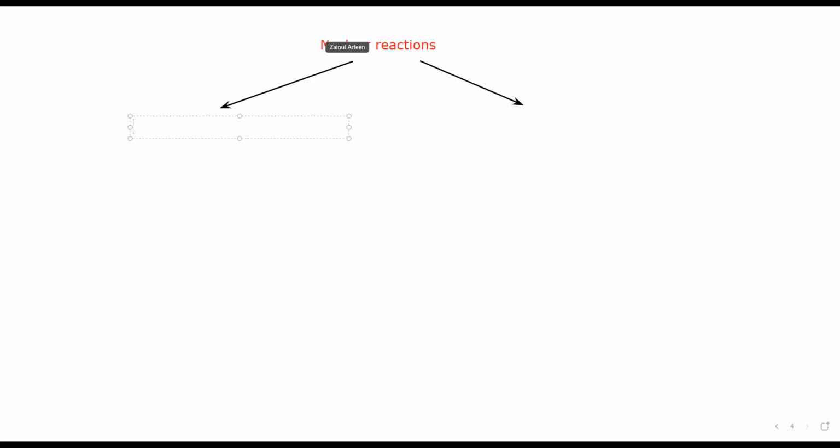So we have the nuclear fission reaction and the nuclear fusion reaction. A nuclear fission reaction is when a heavy nucleus breaks down into lighter ones with the help of a neutron,